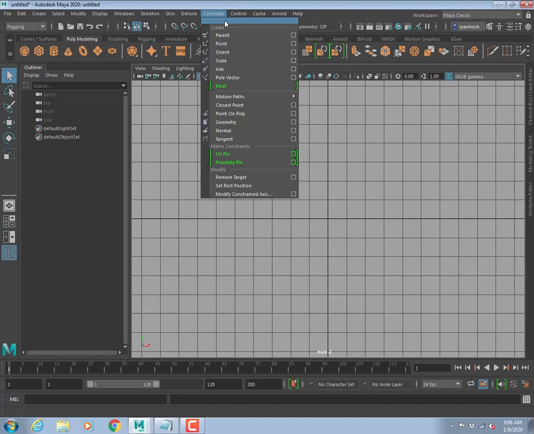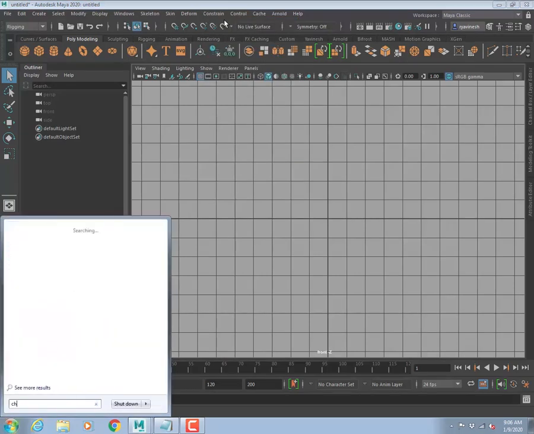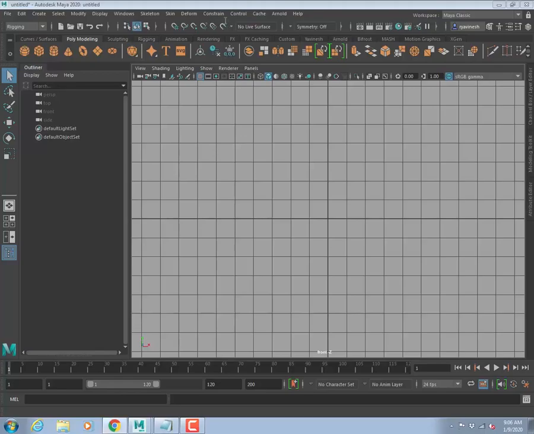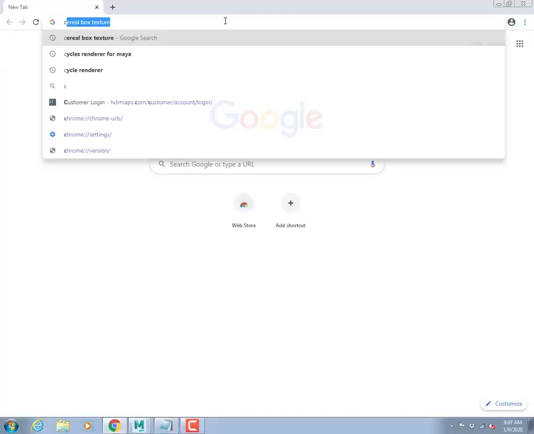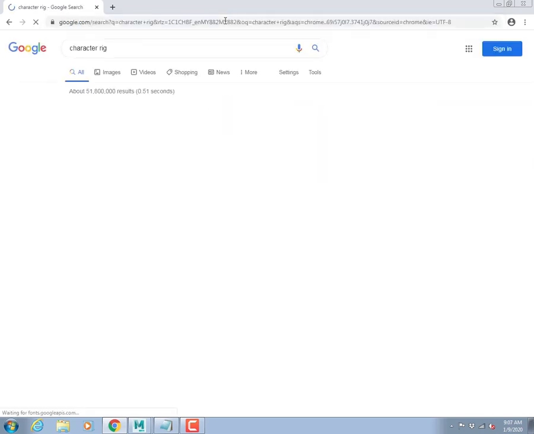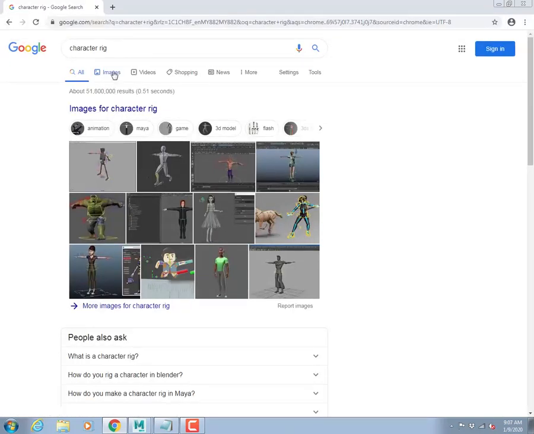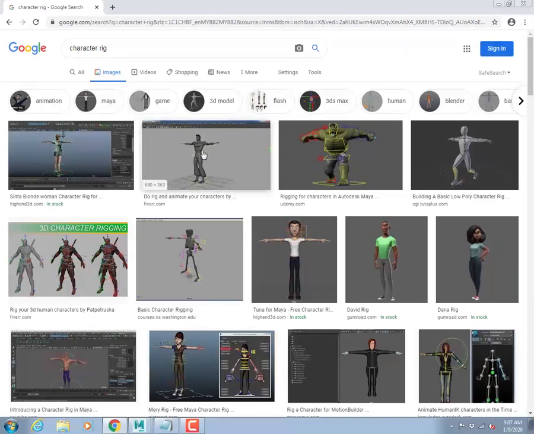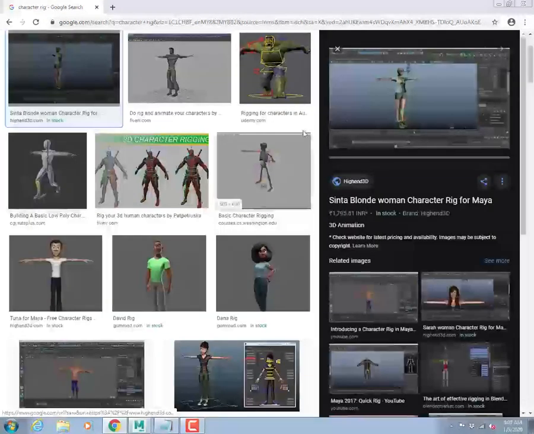Whatever, any attribute. We assign that attribute to a controller. If you see a character, a model, for example, let's say I just open up a sample character rig. So if I open up whatever images with a character rig, you will find there is a lot